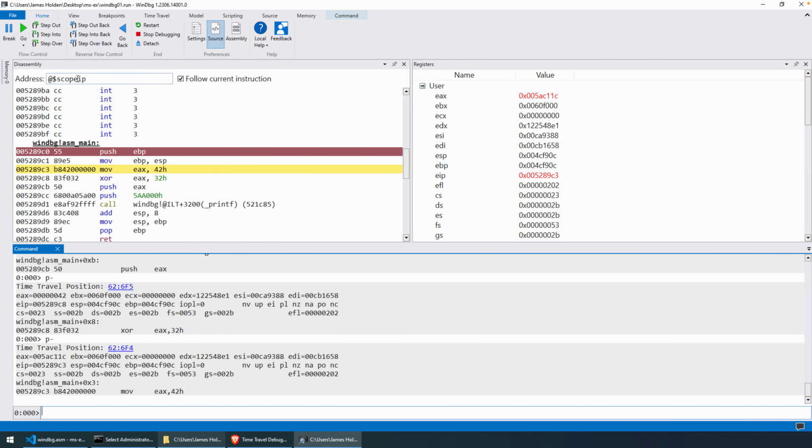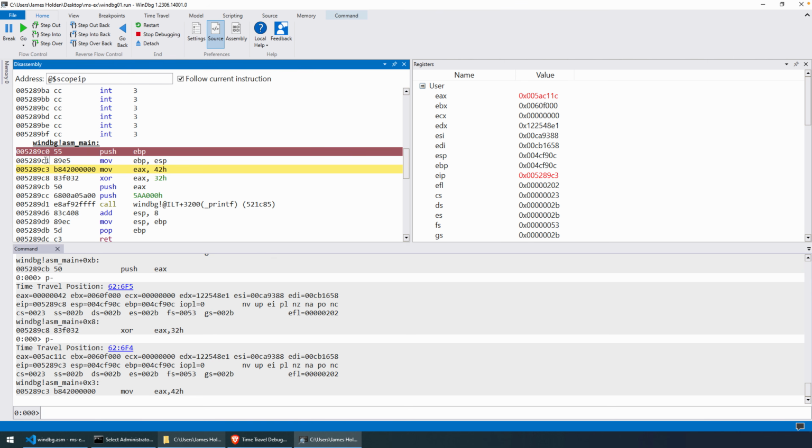The other thing this helps us avoid right now is worrying about ASLR. And ASLR is address space layout randomization, and it just randomizes the address that our executable will be in memory. So that's another challenge that we don't have to worry about. We don't have to disable ASLR. We have debug symbols. We set the breakpoint on the symbol that we want to debug, and now we're stepping